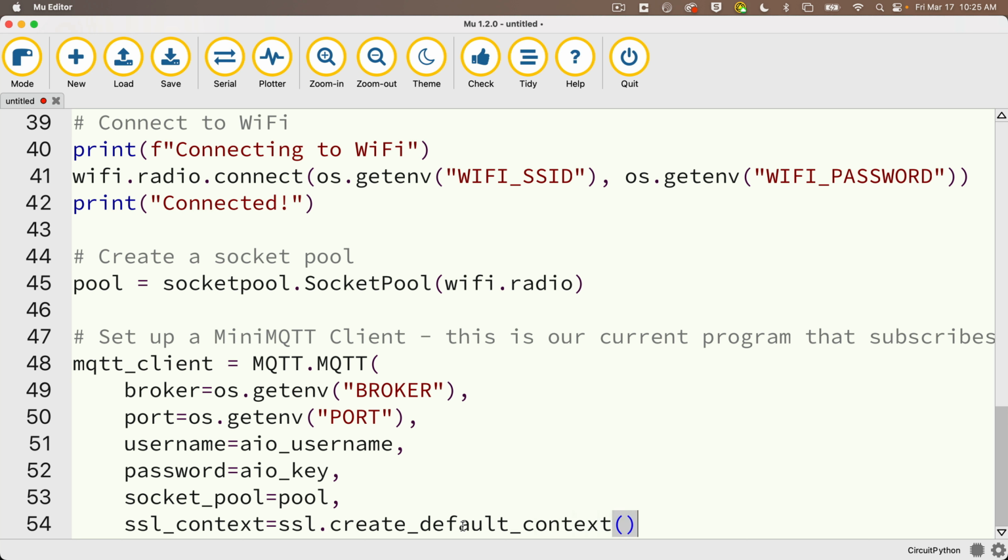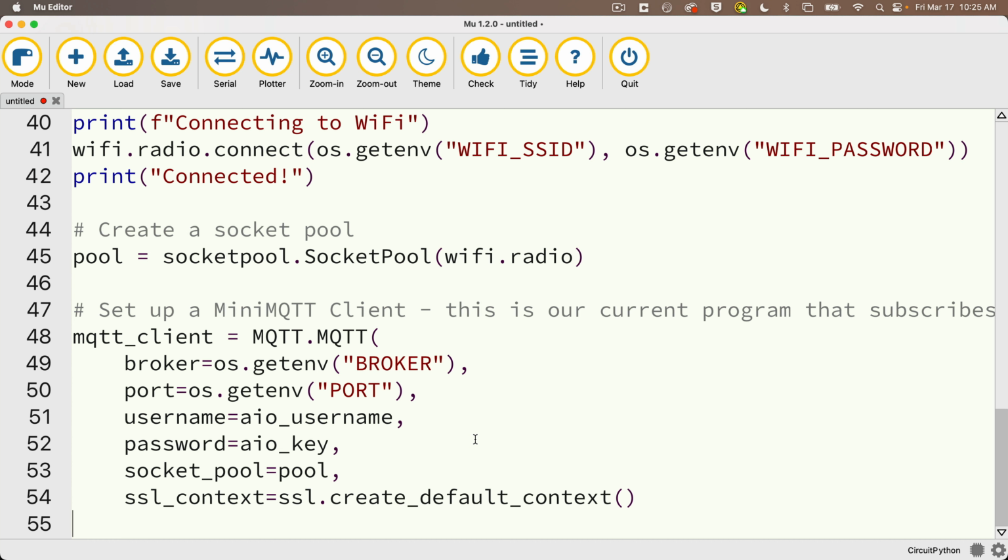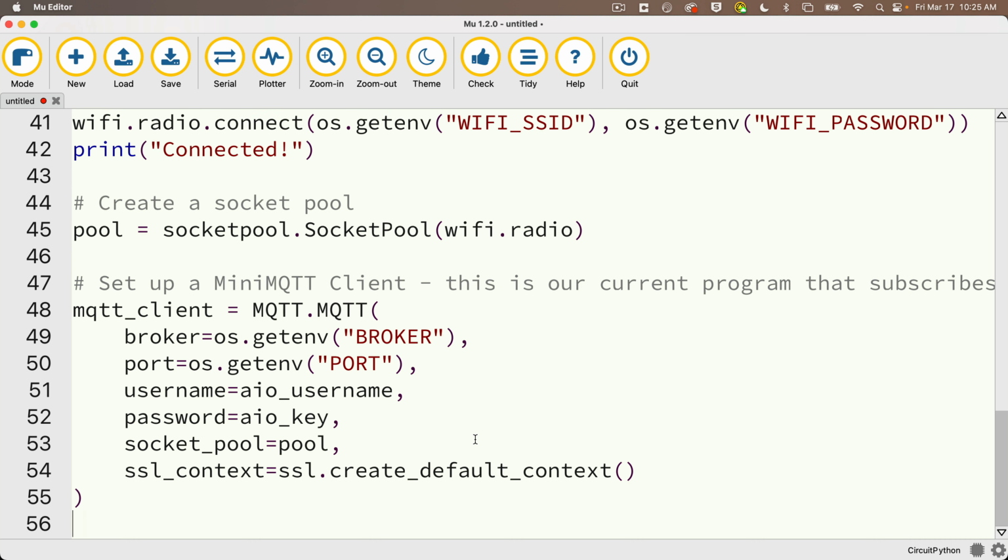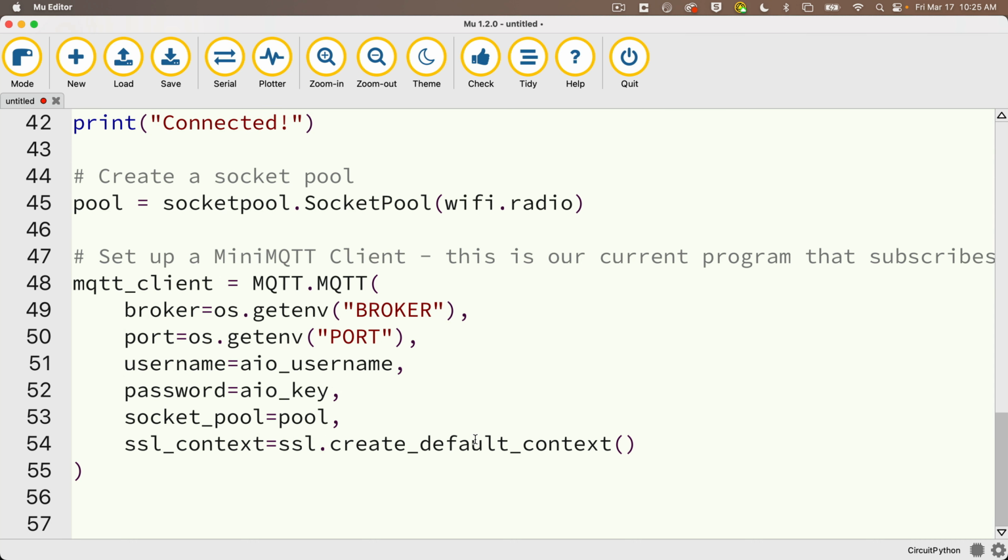Now that's a gnarly bit of code, but you'll probably never change that whenever you set up an MQTT client. If you're curious about SSL, it's a standard that's used for web encryption. It just sets up some necessary data structures for longer connections to the broker. And make sure there's a close paren down below. That's quite a bit of code to set up your MQTT client, but it should be pretty much the same in any code you write in the future, so you can copy and paste that